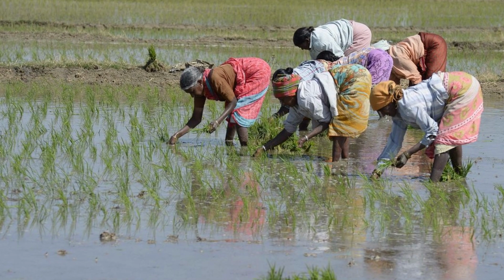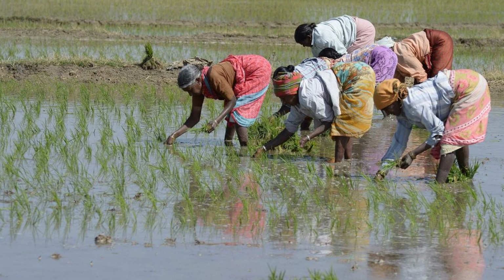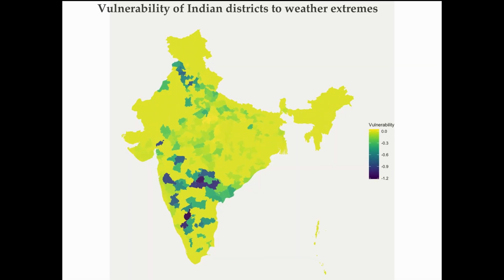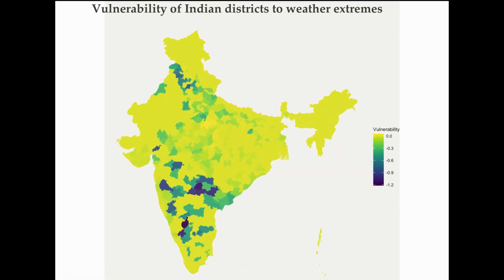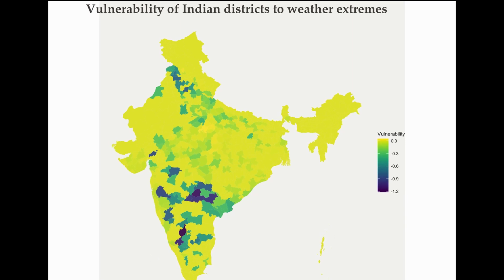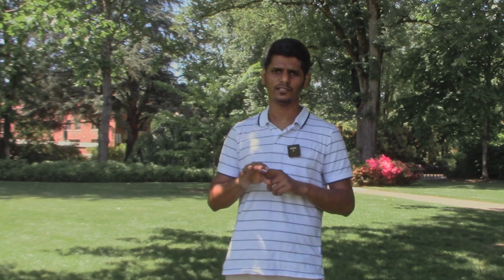Our findings indicate that adaptive mechanisms in irrigation and high yield variety seeds are some of the tools that policymakers can use to help these farmers overcome losses from these extreme weather events. What we also do is provide a map of vulnerability. Policymakers can look at this map and identify the regions and populations or communities that are vulnerable and then target these particular communities.